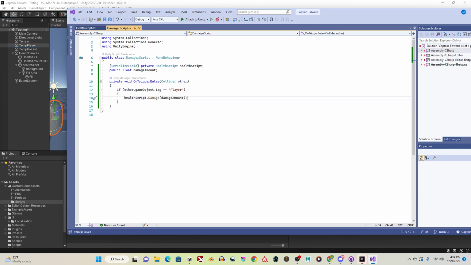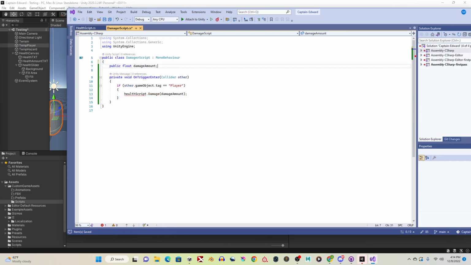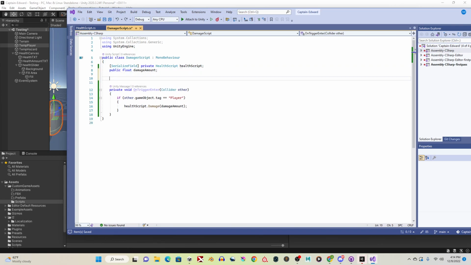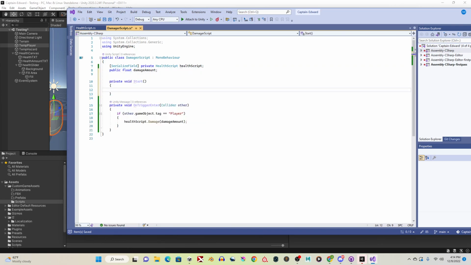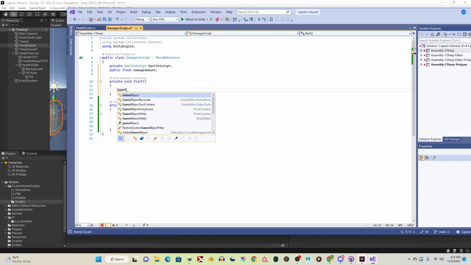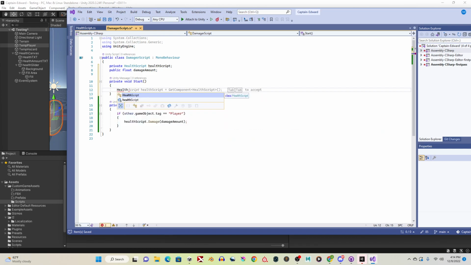And the last thing we want to do is, for this one, because if we want this to damage both enemies and the player, the best way to do it is to do a start. And we're actually just going to do a health script, and how do I want to do this? You can do something very similar to this. The only thing is, if you do it this way, you need to look through all of the game objects,